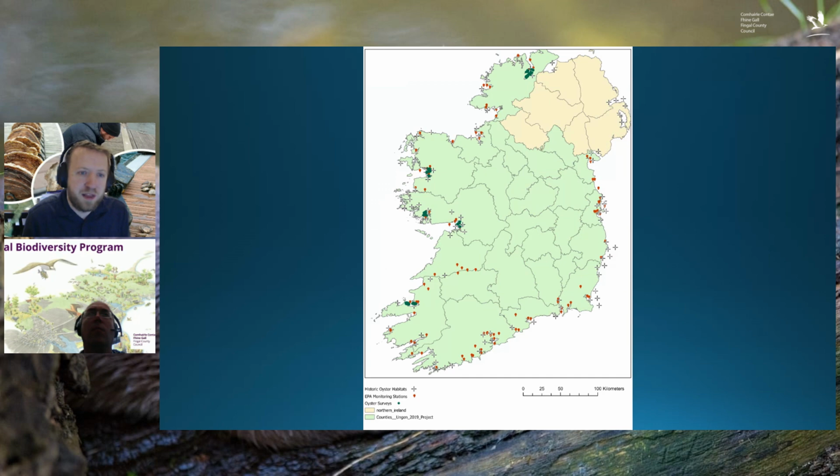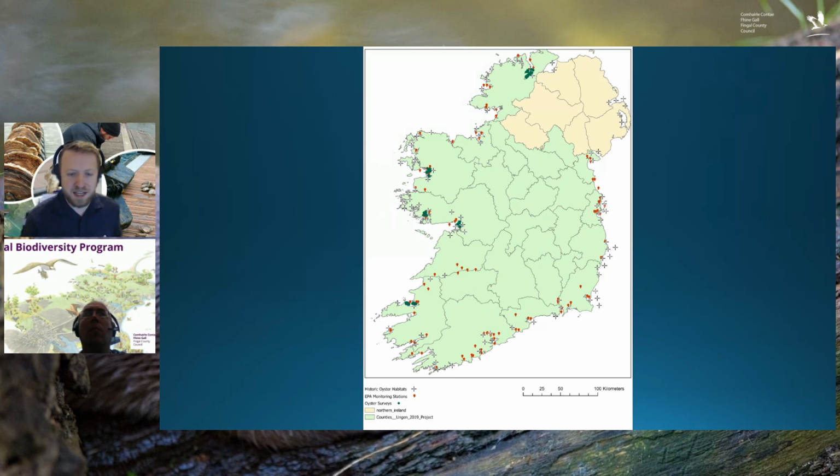And so that's part of the reason that we're partnering with the EPA on this as an enterprise partner, because they do a lot of that coastal monitoring around Ireland. So this is just a little representation of the data availability that we have here. So the little plus marks there are the historic locations, estimations of where those oysters used to occur. And then the red dots are where we have the EPA monitoring stations for coastal and transitional waters that would be relevant to those oysters. And you can see there in Dublin that we have a nice little cluster of both monitoring stations and historic oyster beds, which is why we're kind of focusing in on this area for the restoration efforts at UCD.